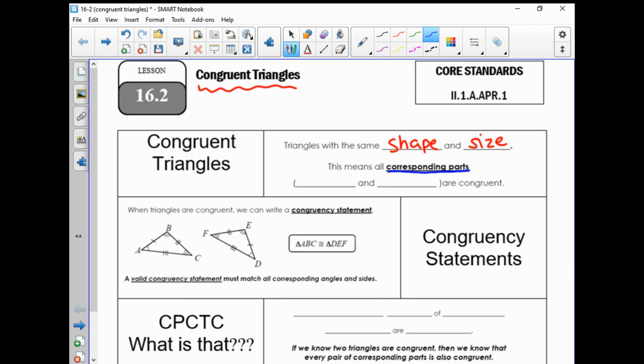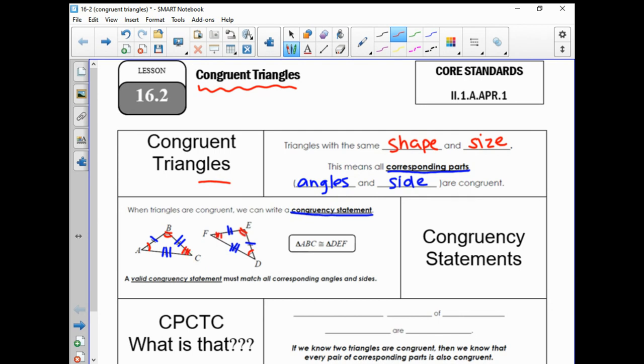So parts of our triangle are angles and sides. So all of the angles are congruent to another angle. All the sides are congruent to another side. So notice right down here, we can write what we call a congruency statement. This side right here is congruent to that side. They both have the one tick. Those sides are congruent. These sides are also congruent. And then we also know that if they're congruent triangles, they've also got three angles that are congruent. So that angle is congruent to that angle, B is congruent to E, and that means that C is congruent